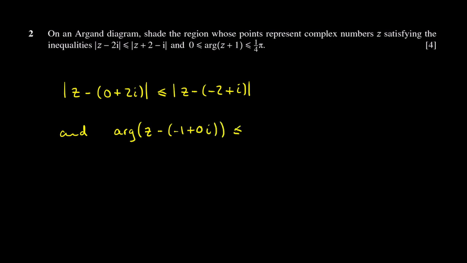Now, the reason I write it like that is because these things here represent the center of where we're taking our loci from. So here we've got a center of 2i on the Argand diagram, and here we've got a center of minus 2 plus i, and here we've got a center of minus 1 plus 0i on the Argand diagram. So we always want to have everything in terms of z minus some complex number, and it's really helpful to include 0 here, just to clarify what the real part is,